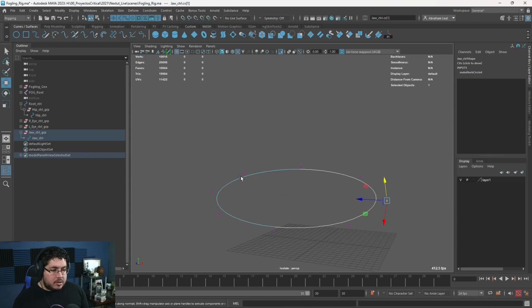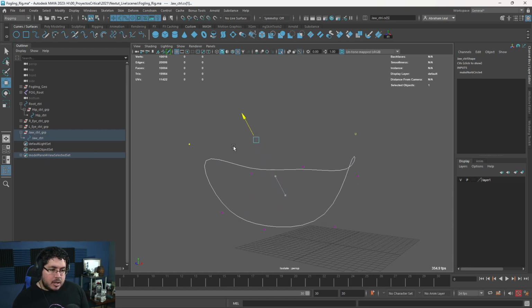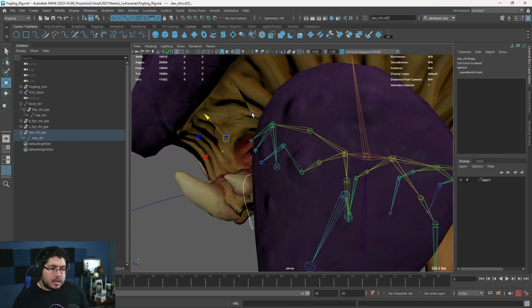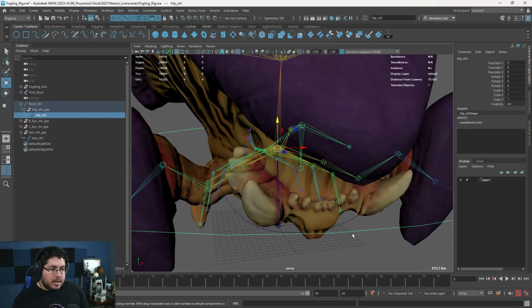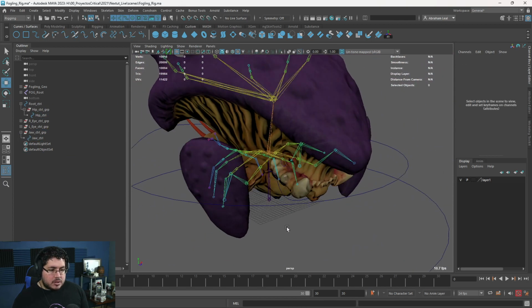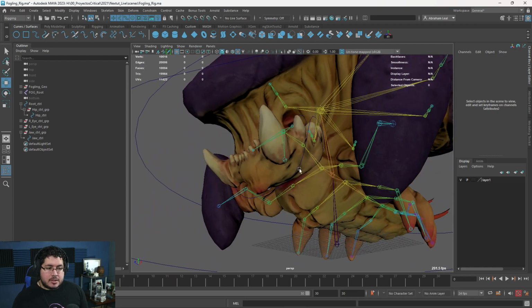Let me isolate it. I'm going to grab this too, guys. I'm going to press V, which is soft selection. I'm going to press V and middle mouse. As you can see, we can move this around, kind of like a jaw shape. Again, you can shape and move your curves around in whatever way you want. It doesn't really matter.